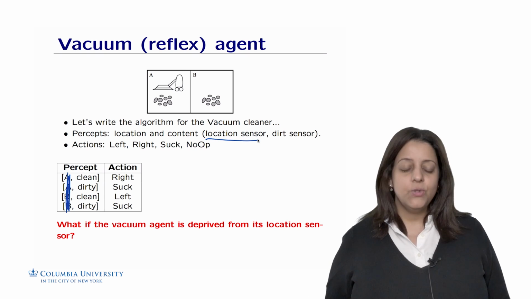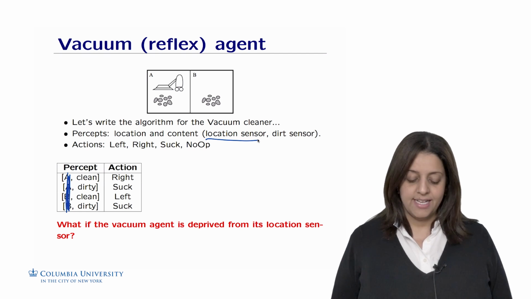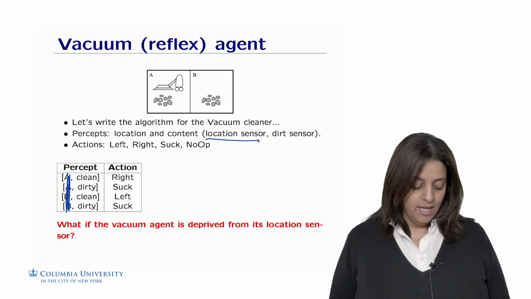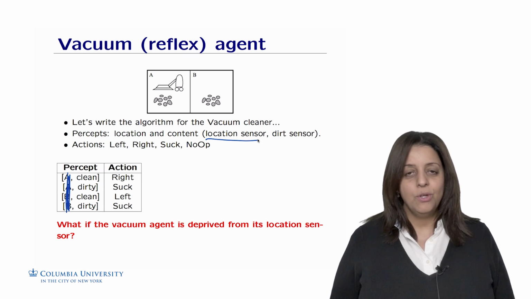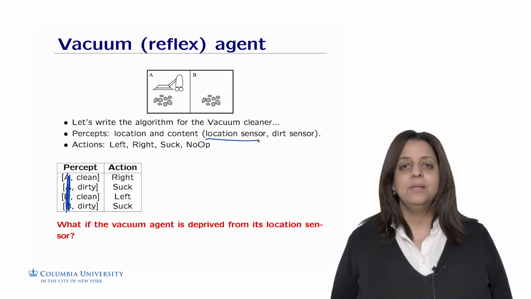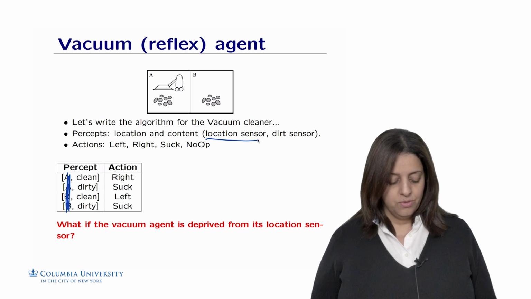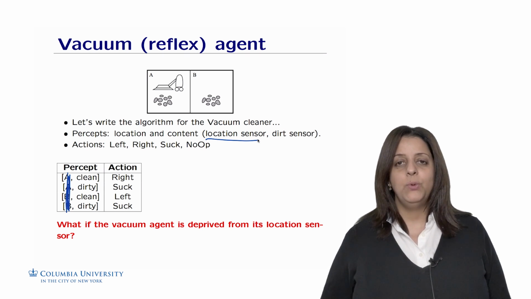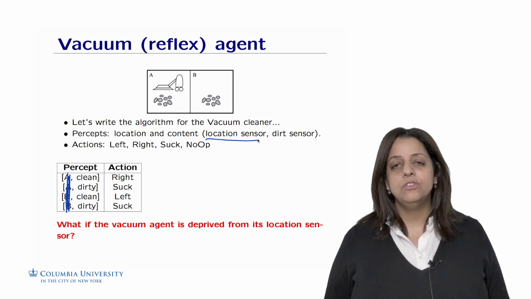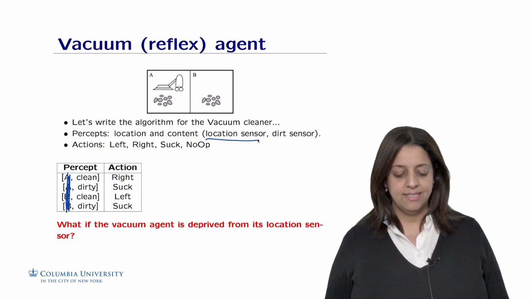So we're not going to avoid this infinite loop if one of the sensors is not working anymore. A trick that we could use here is to turn this simple deterministic reflex agent into a randomized one, which means that when the room is clean and we don't know in which room we are, the agent could simply flip a coin and decide based on the coin what to do. So we're going to turn it into a randomized simple agent, and we decide between left and right by just flipping a coin. This is going to be better than a simple reflex agent that gets stuck in a state and can't really move forward.